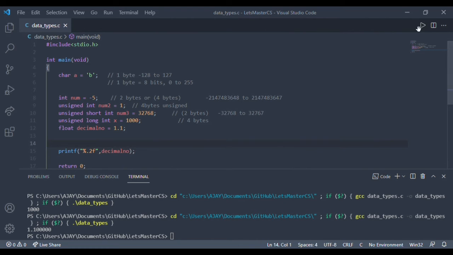Now we can use .2f to restrict it to 2 decimal places. Float is of 4 bytes. So this is the range of the float type value. Up to 7 digits it can provide precision.